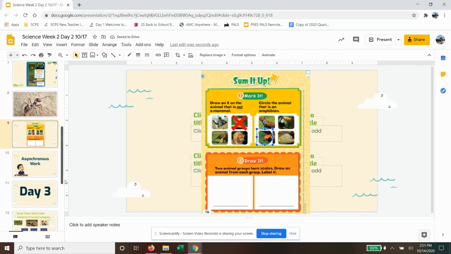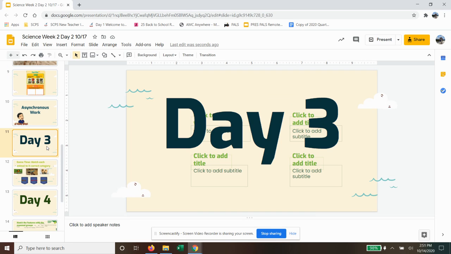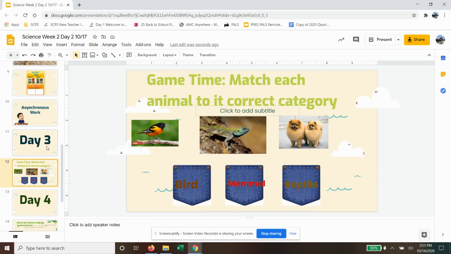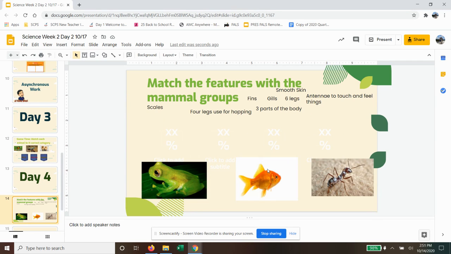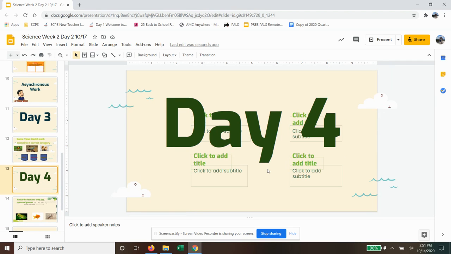Then I just went over the asynchronous work for day 3. They will do a matching activity, which they will match each of these animals and put them in the right category. Then they will do a collage, which means they will either draw or find pictures in a magazine or over the internet of one of the different groups of animals, and then write two reasons why